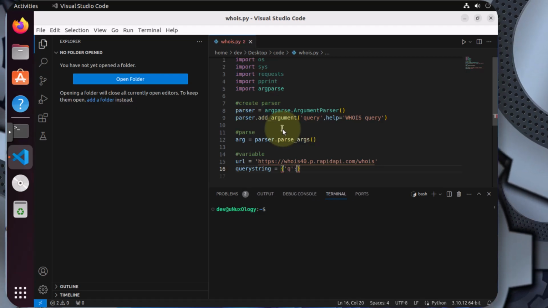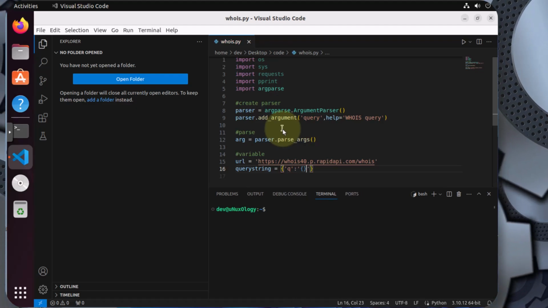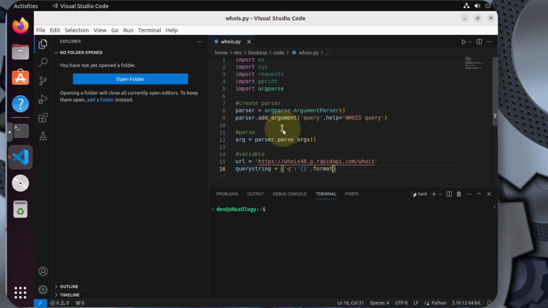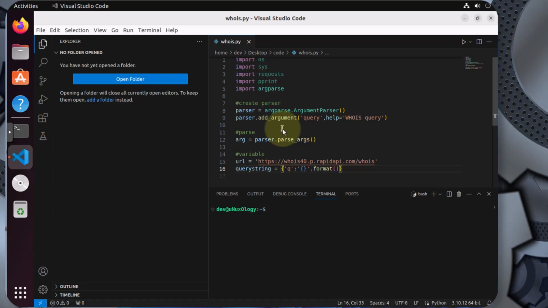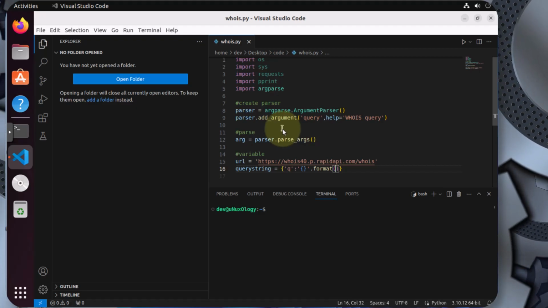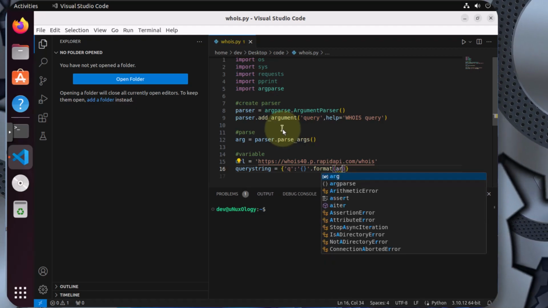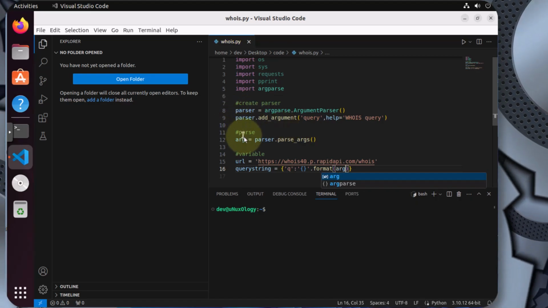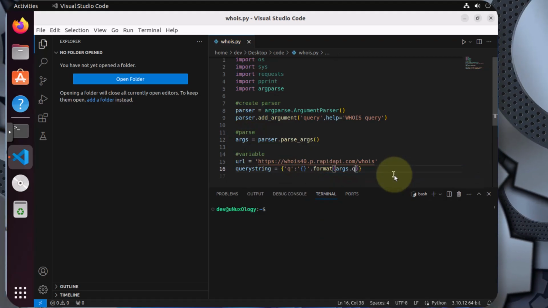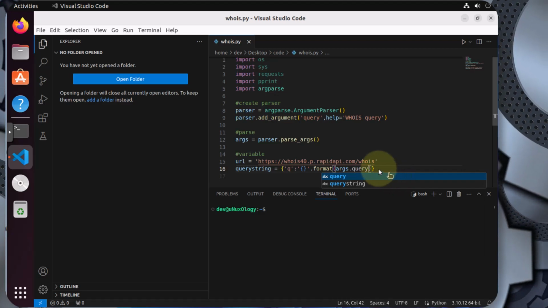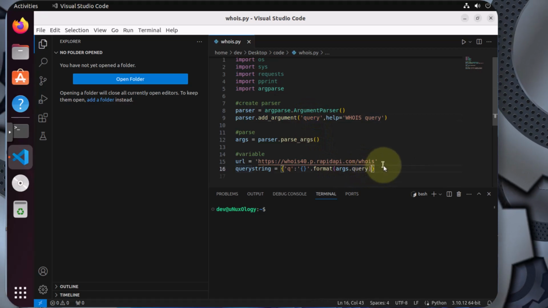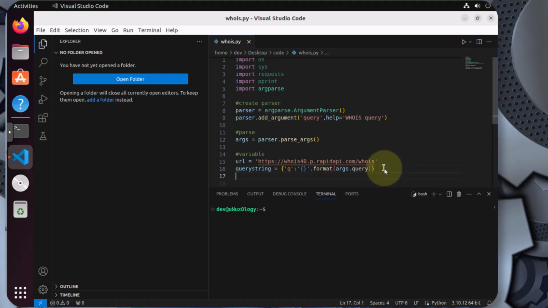Q colon, and we're going to do format. And I know there's many different ways of doing this. I personally like this syntax style for format. And this is where we're going to do args, pluralized. And what are we pulling in? Right, we're pulling in that query that we defined up here. Like, how cool is that, right? And then this is